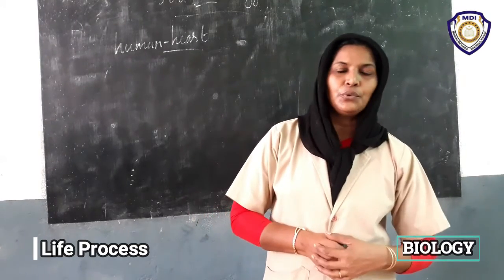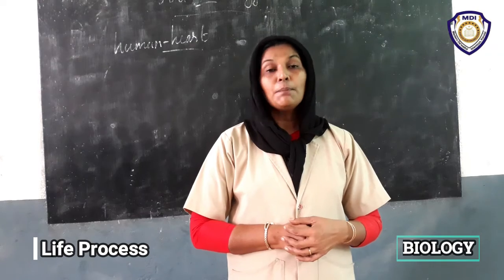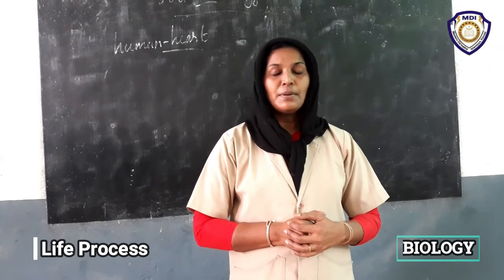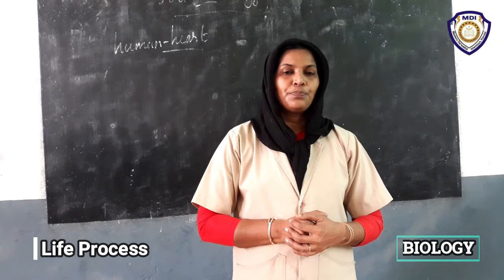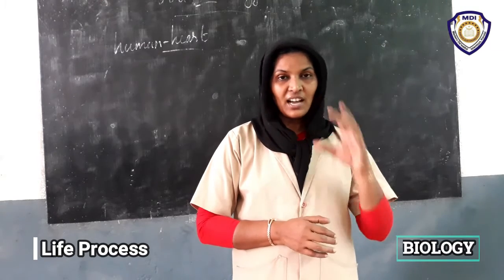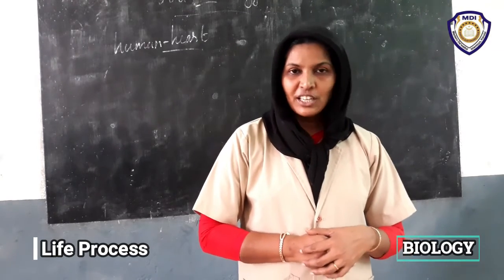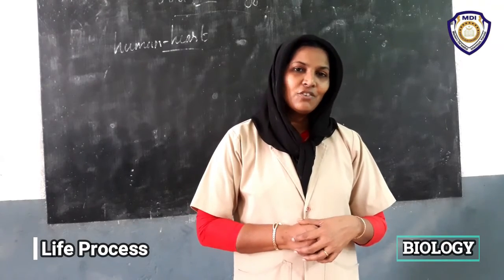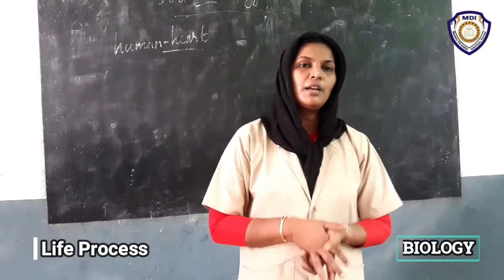I am just telling you about blood pressure. But what is blood pressure? Blood pressure is of two types, hypertension and hypotension. If the pressure exerted by the blood is very high, it is called hypertension. If it is low, it is called hypotension. So actually, what is blood pressure?